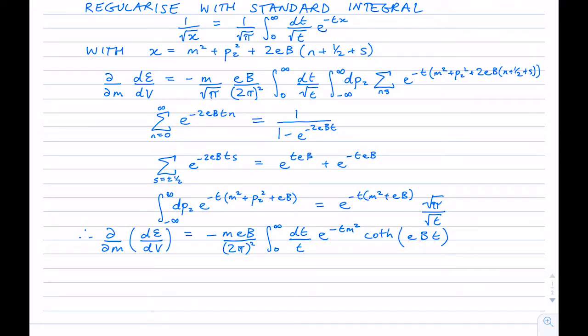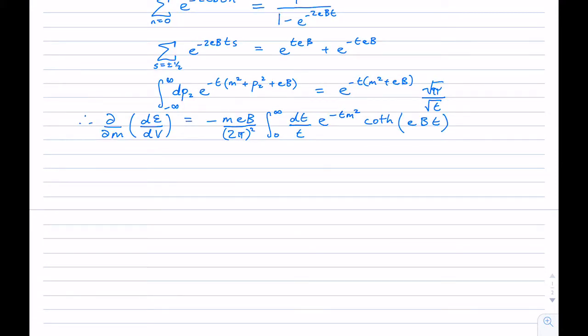Okay, so the coth is just, you can see these factors e to the power of TEB coming around, and so that's what ends up being inside the integrand. And now we're nearly there, actually. So now I integrate over m again, and so then I'll get